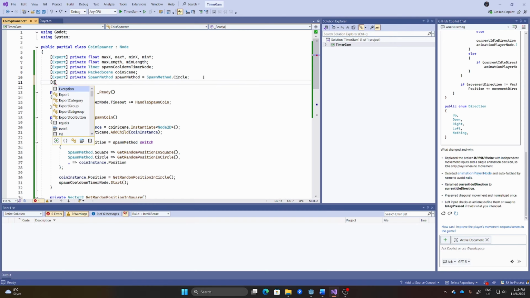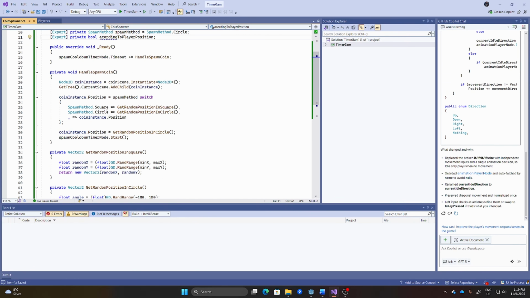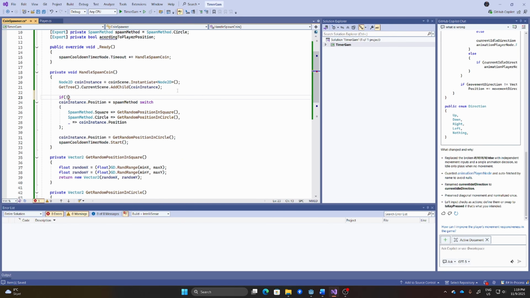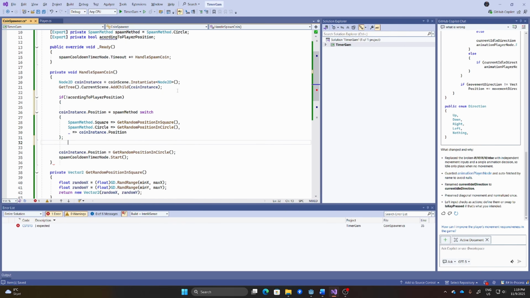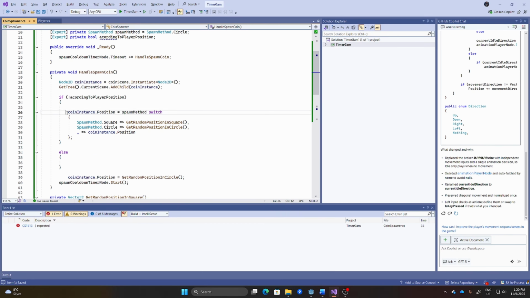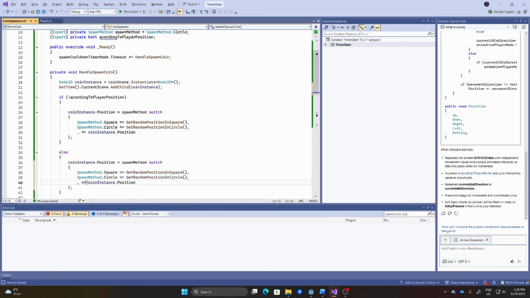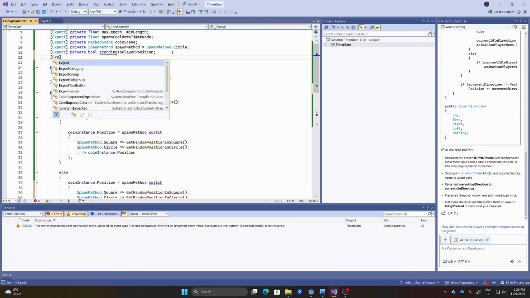So export private bool according to player position, and then we can just go in here and say if not according to player position, then do this, and else let's just do this but with a player position, which we can just export to get the player node.